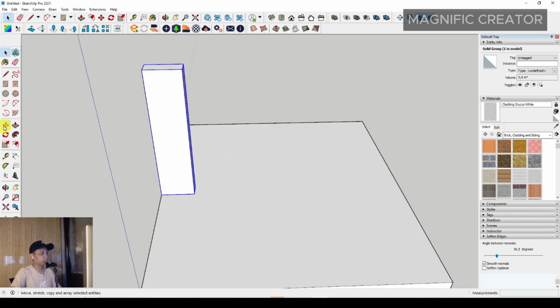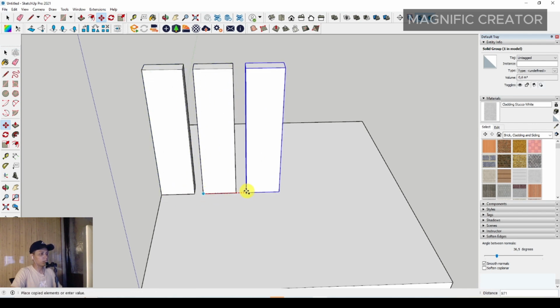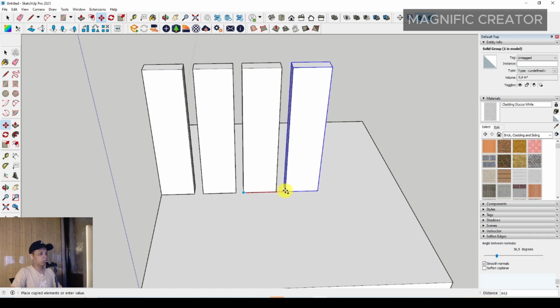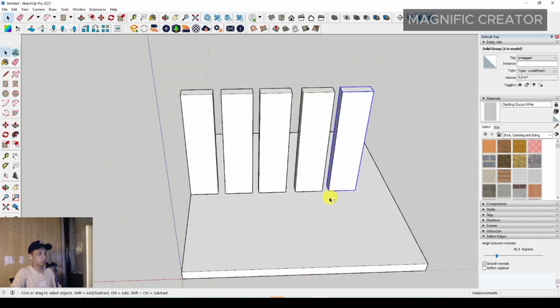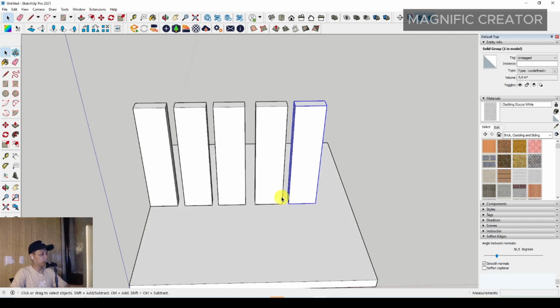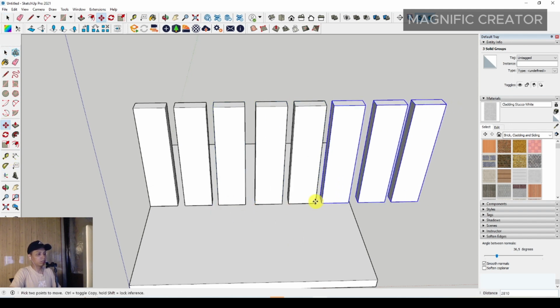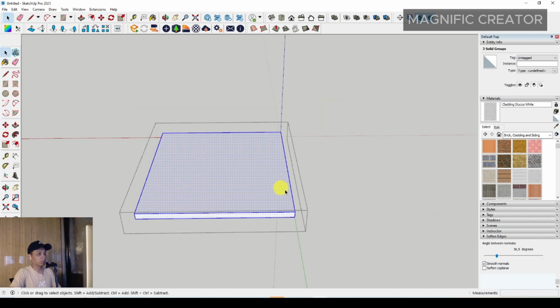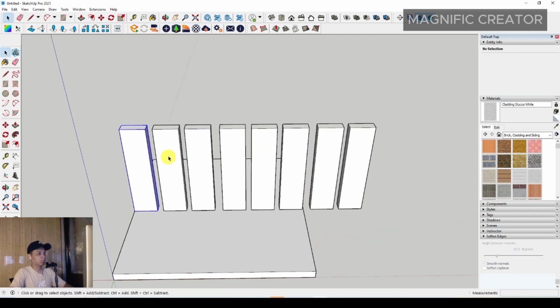Okay, and then you can move and press Ctrl to duplicate it. You can move again. Then you can move again. Maybe you can move until the column anyway. So and after that you can